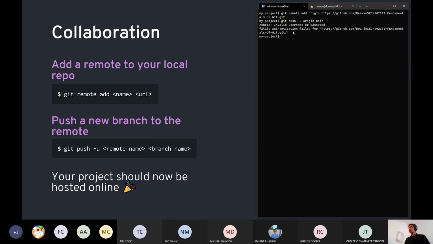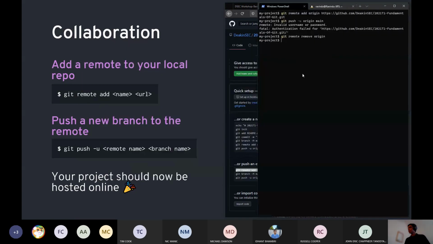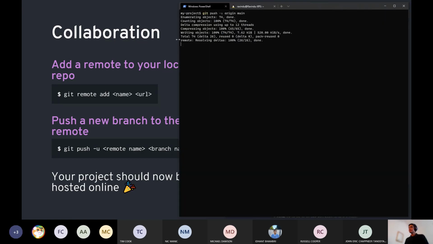In this case, it's main. And you'll notice that, oops, I've got to log in again, I guess. One sec. Interesting. Oh yeah, of course. In my case, due to my configuration of Git, I'm going to have to use the SSH version of this. So this is something that you might not have to do. But once again, you do git push -u origin main, and you'd see some output like this.